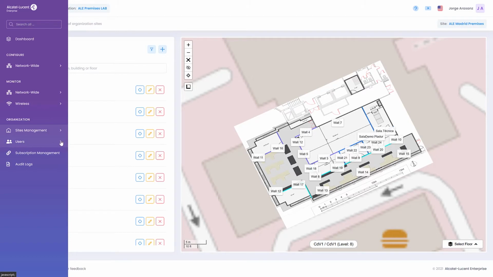Then we have the users space, where I can define users for this specific tenant. The other users I showed you are for the super tenant or super admin users. In this case, I can create new accounts for this specific tenant. Let's suppose that this company has some IT manager that wants to have access to the status of the network or whatever. So I can define here as many profiles as needed and as many users as needed.